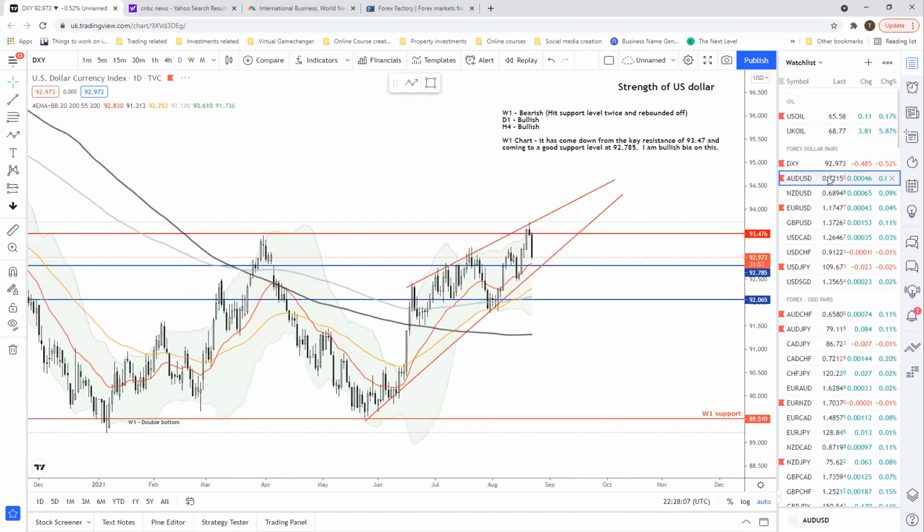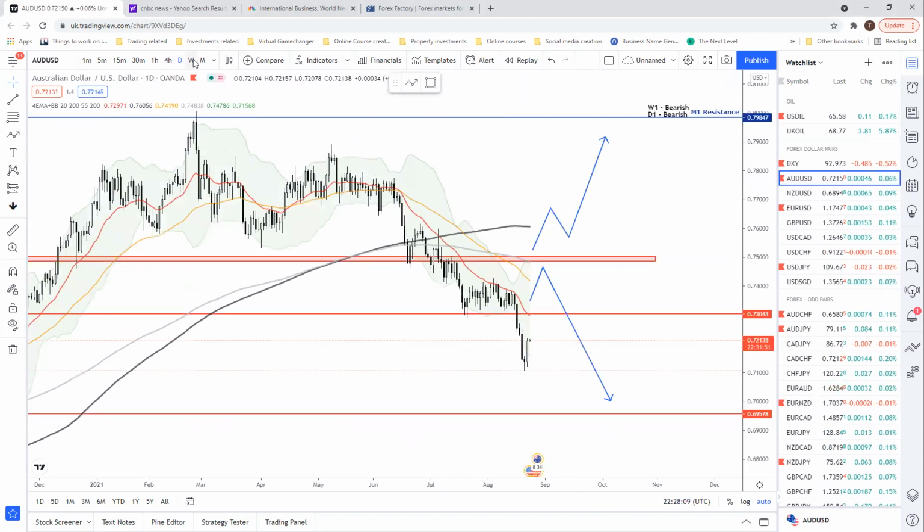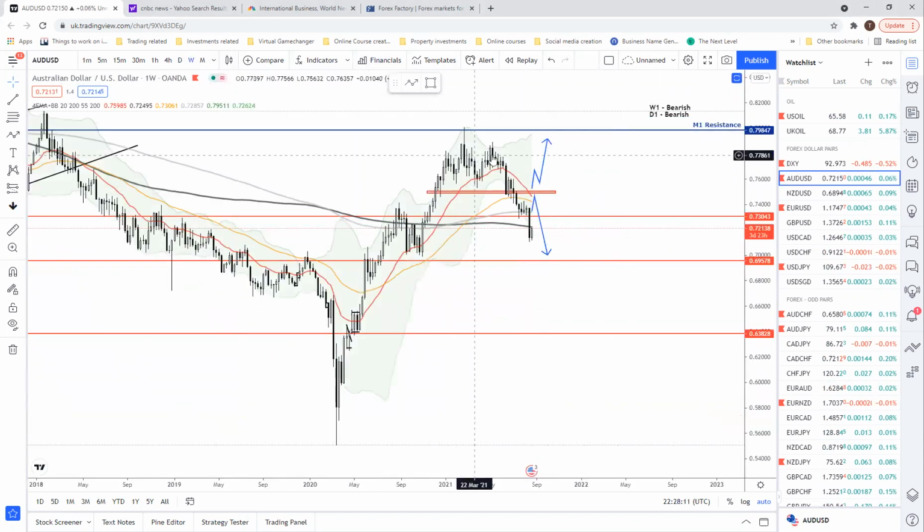Let's take a look at Aussie dollar. From the weekly chart, we can see that it hit the monthly resistance at 0.798. It has been coming down, pretty bearish momentum. So it has already broken below the key support level and has come down since last